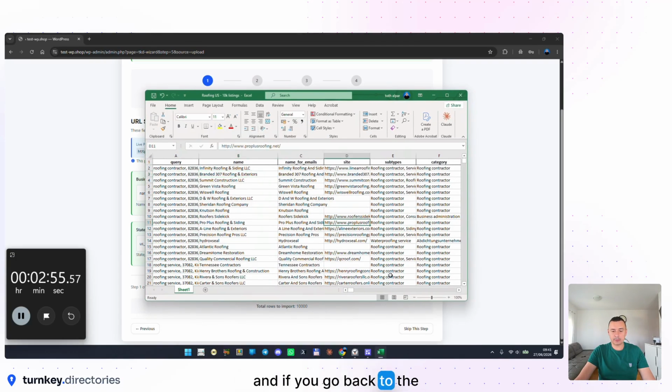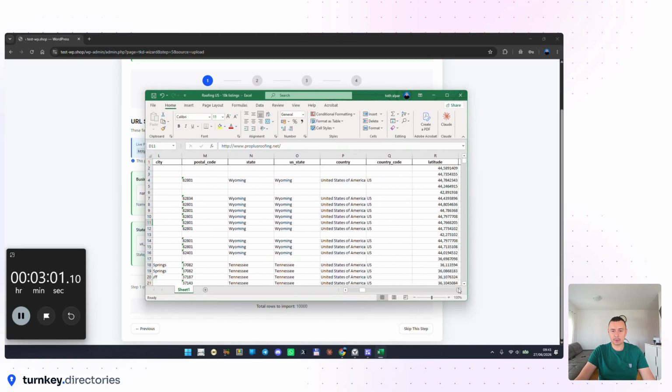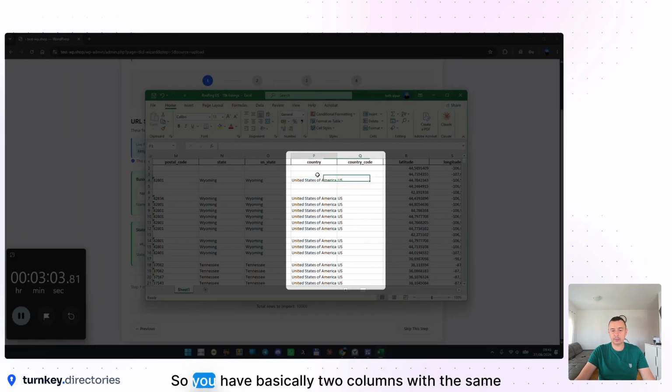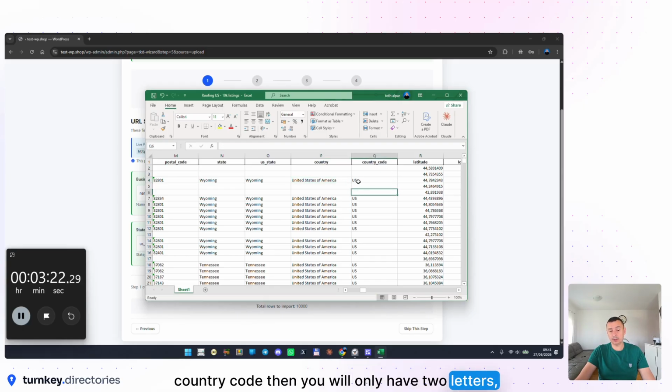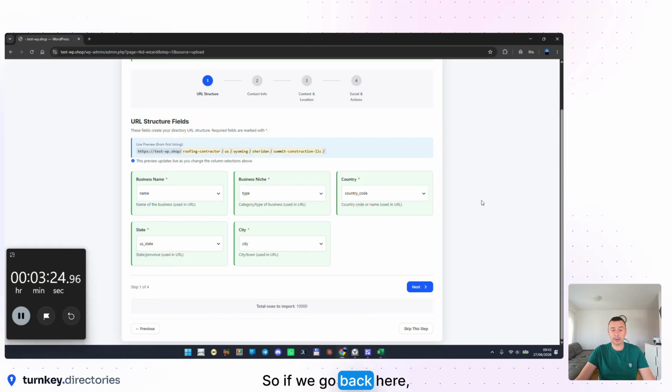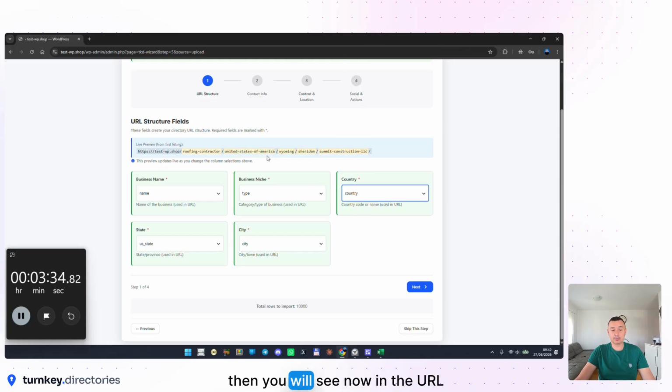And if you go back to the data column, we have somewhere the country and the country code. So you have basically two columns with the same information. But if you select country, then you will have United States of America spelled out. And if you select country code, then you will only have two letters, U and S. So if you go back here in the list, you go country and country code. If we select now country, then you will see now in the URL, we have the long form, United States